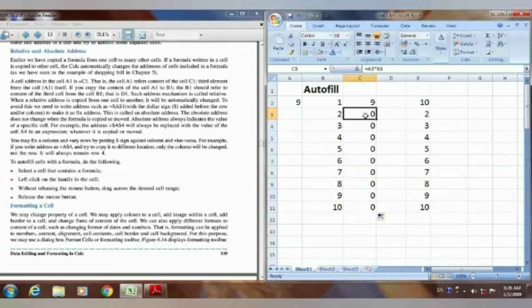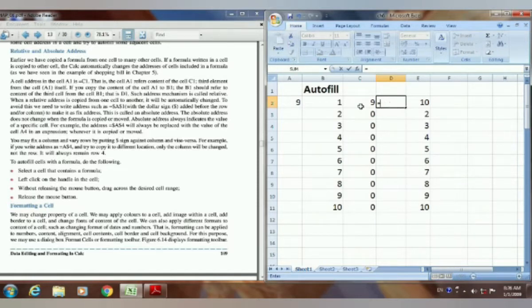But here you just see the cell address. A3 and B3 are there. So here at the place of A3 we don't have anything. So that is why 0 multiplied by 2, the answer that is coming is 0. So to resolve this problem, we will type the same formula again with the absolute address.